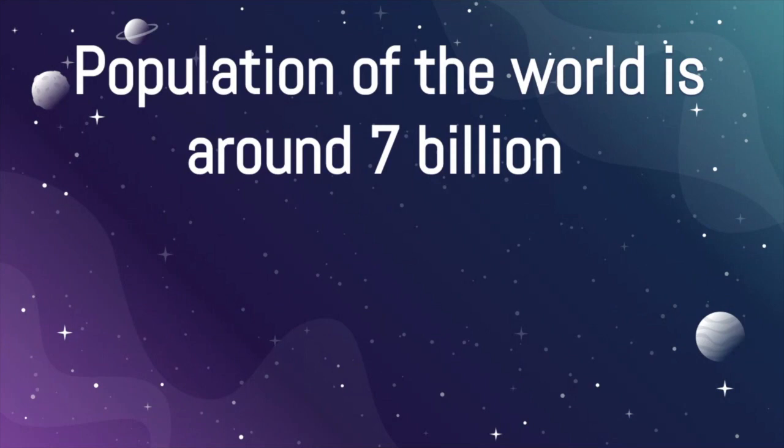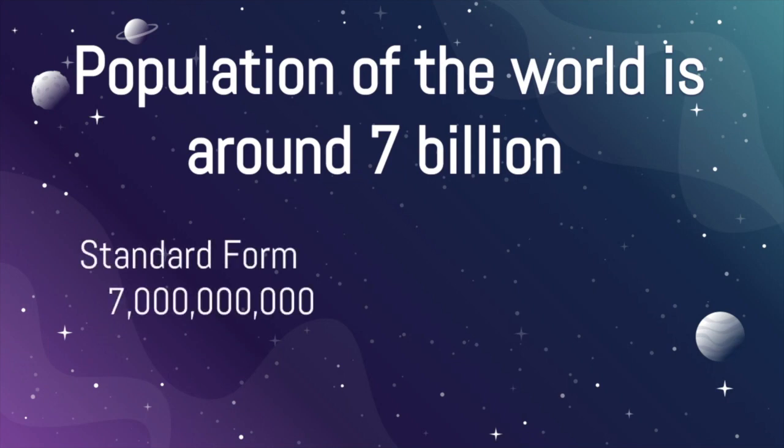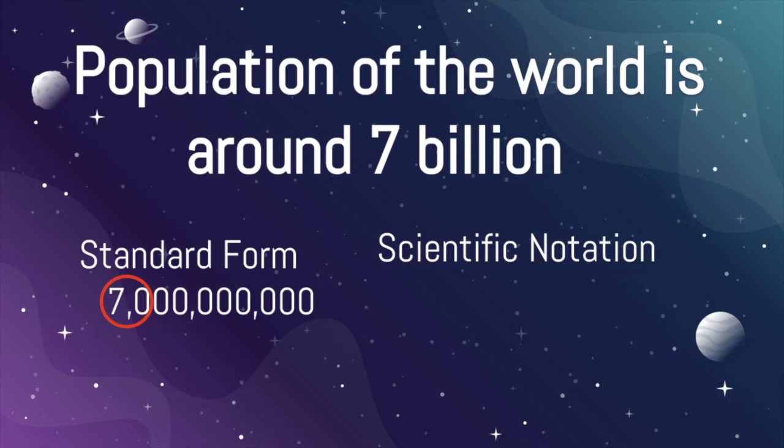Here's an example. The population of the world is around 7 billion. So in standard form, 7 billion is written 7 followed by nine zeros. Now let's try to break this down into scientific notation. The first step is to identify the coefficient, and then we're going to drop a decimal between the first digit and the second digit. In this instance, it is 7 and 0. So if we drop a decimal there, it becomes